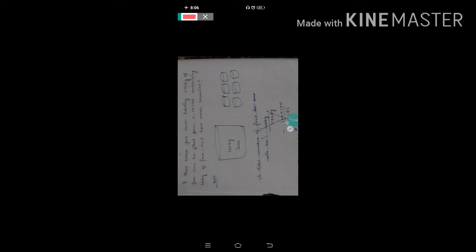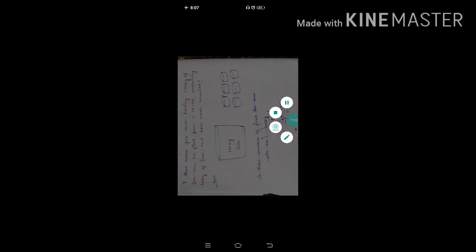Okay, this question is very interesting. See the question number 7. In this question it is given one big jam container is there. That jam container has 100 kg of jam. One big jar is there, that jar contains 100 kilogram of jam. With this big jar you are supposed to take the jam and pour it into small jars.